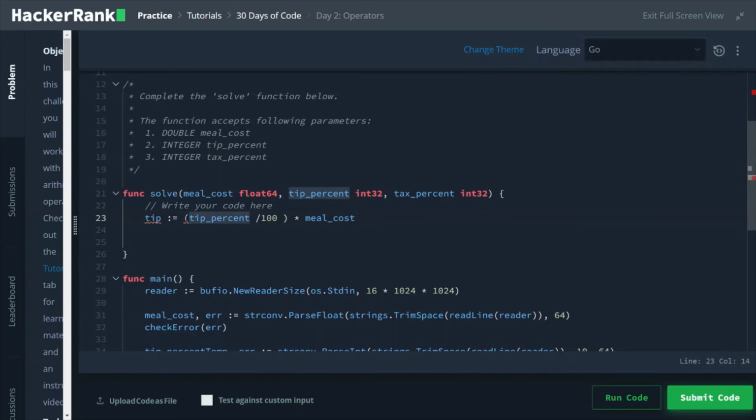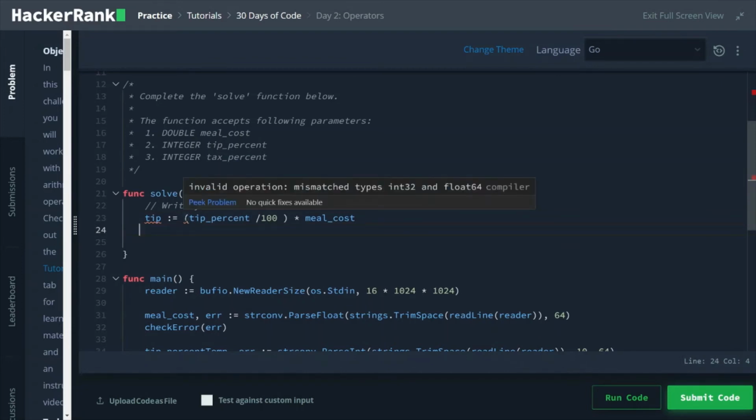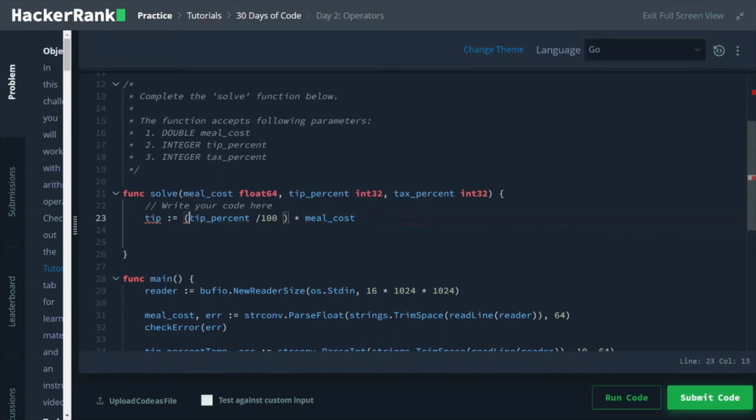Okay, we are getting one error. Let's see what that is. Invalid operation: mismatched types int32 and float64. So this is an int and this is a float value. That's why it is giving this issue. Either we have to convert this or this so that they will both be of one type. Let me make this a float64.